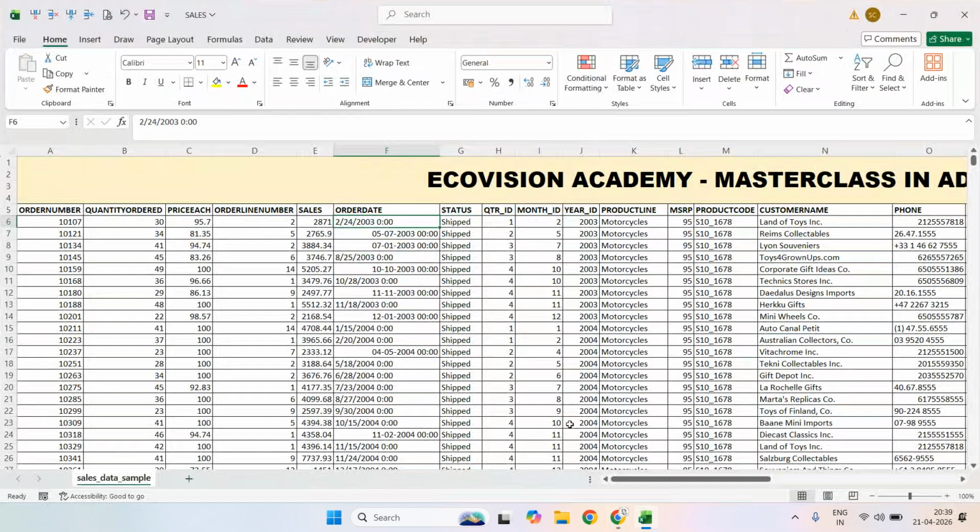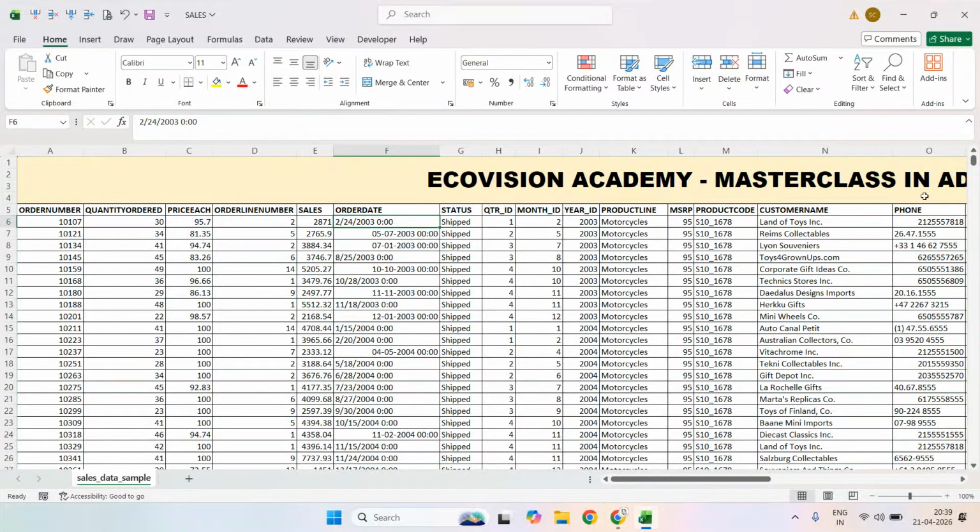In this class, I am going to show you how to clean your data, how to clean the dates in your data. There are several use cases where you will find that the dates in your data set are in a very unstructured and unorganized way. Your dates will be present in a very messy way. They will not be clean, and they will not be in a proper format. In those cases, you have to find a way to clean your dates from the dataset.